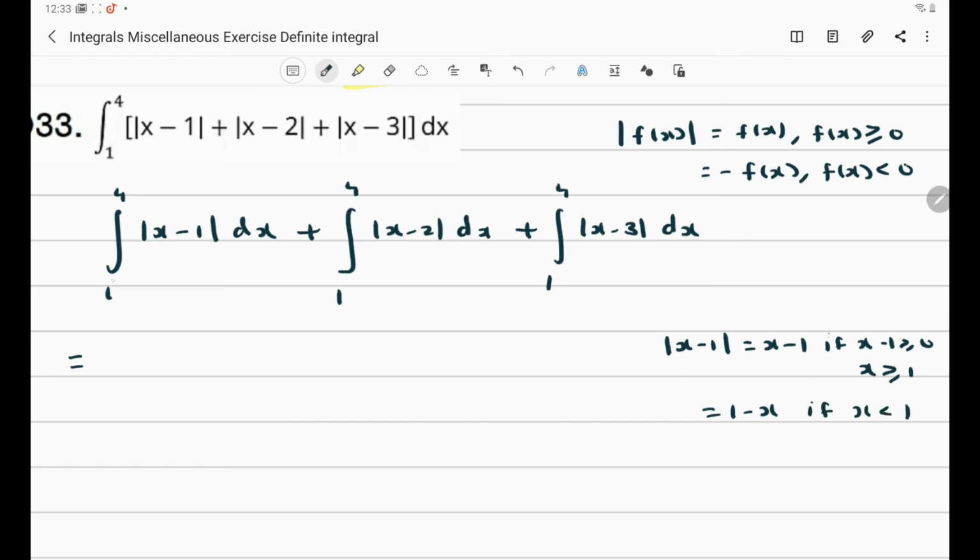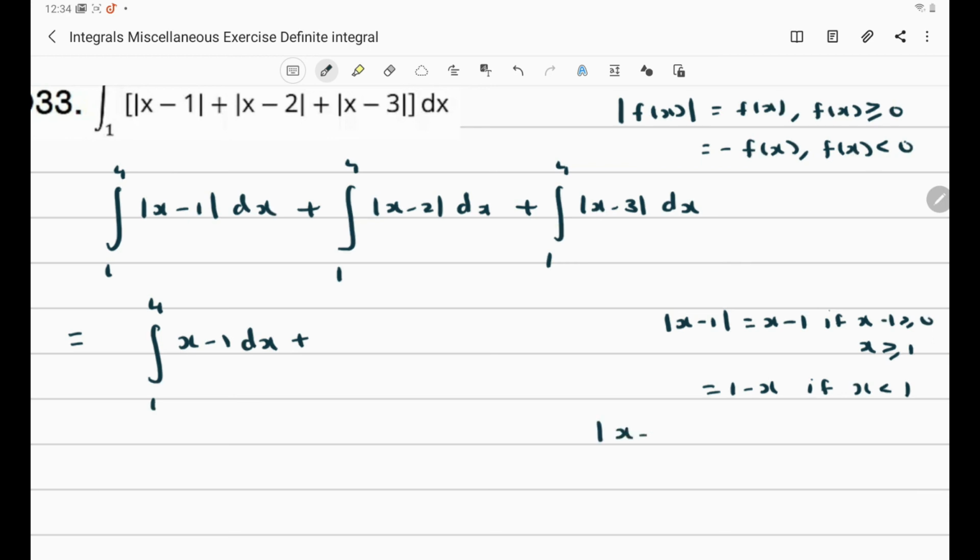So here all the values from 1 to 4 are greater than 1, so we can write it as integral of 1 to 4 modulus of x minus 1 is x minus 1. The lower limit is 1 and the upper limit is 4, which means x is greater than 1. So when x is greater than 1, the definition of modulus of x minus 1 is x minus 1 dx, plus. Now let us take the second function, modulus